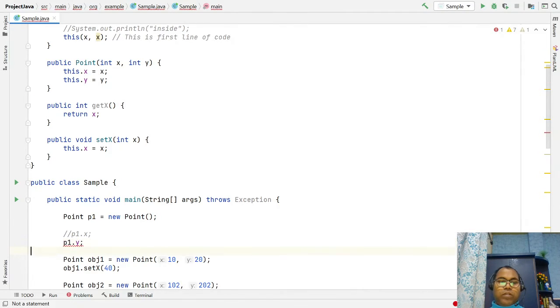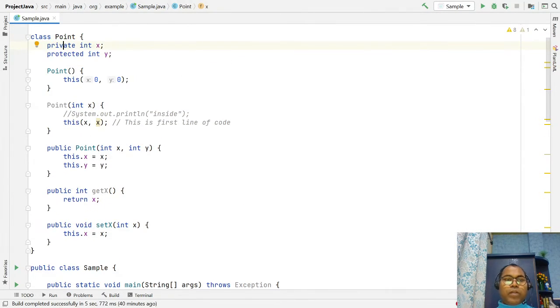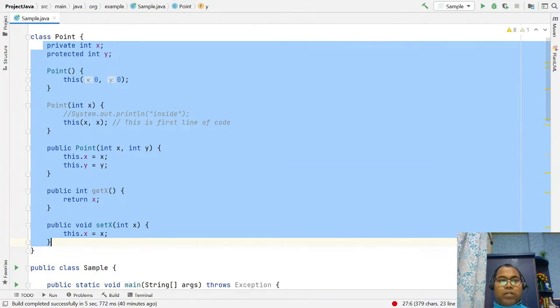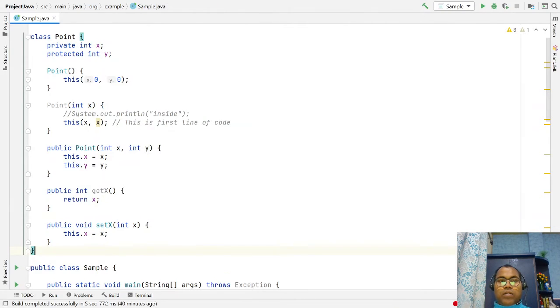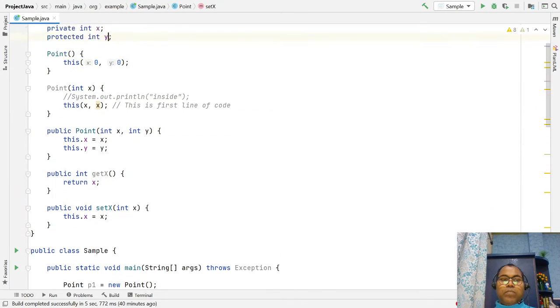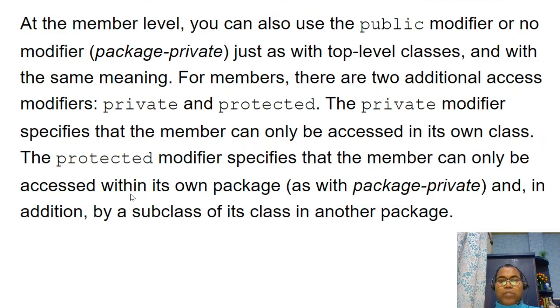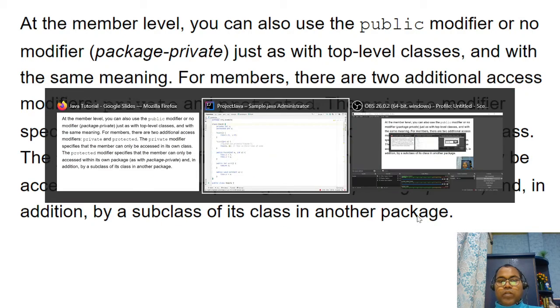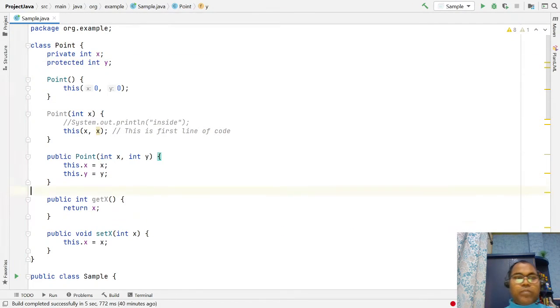So here in this private data modifier, you are accessible inside your class, looks like public, but you cannot access outside of the class. But outside of the class, a subclass can access it. Your subclass can access in another package as well. So here you are trying to protect it.